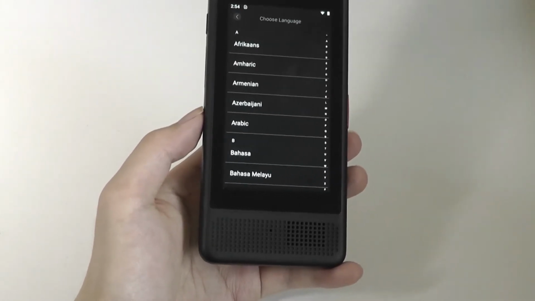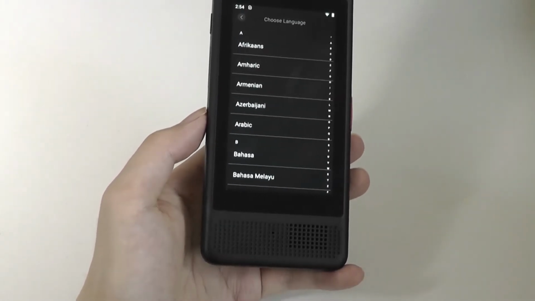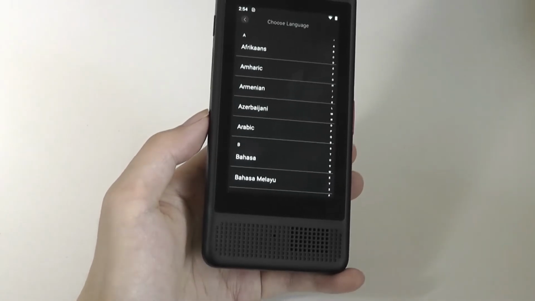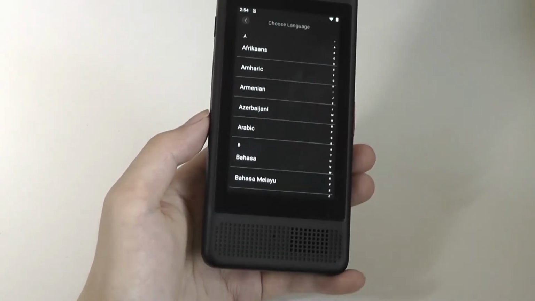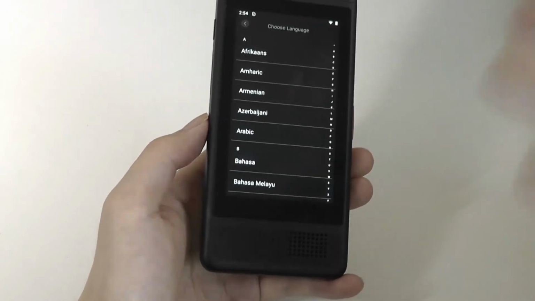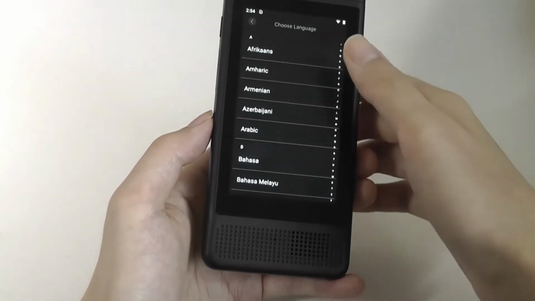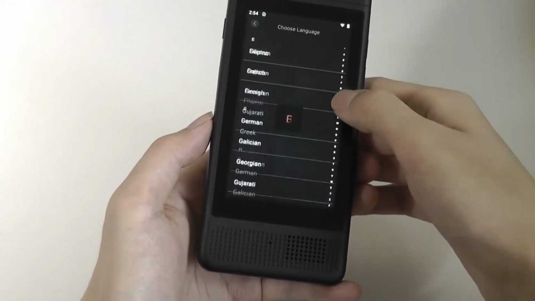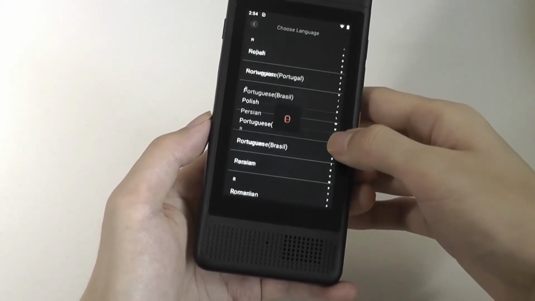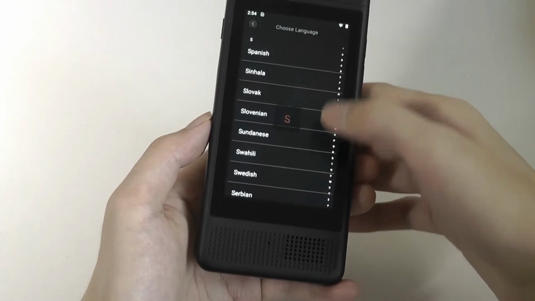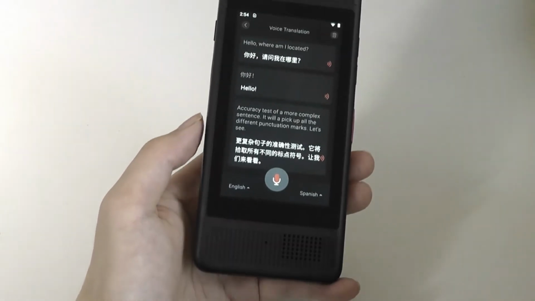I would say it's close to 90 to 92% accuracy, which is similar to other smart translation devices on the market. But overall, it's just the speed of the translation being really fast that is, I think, the impressive part here. So we can try another language here. Let's go over to Spanish and take a look. So I'm going to just slide down here and just tap here, and we can try